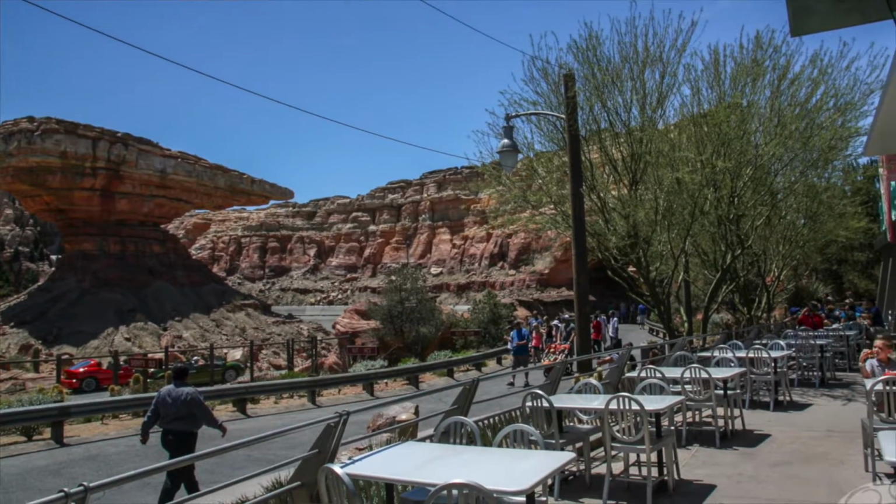Which means that all of those really charming counter service places that you either never get to eat at because they're so crowded, or you're just lucky to get any table you can, come late afternoon when a snack break is pretty much a requisite for getting that second wind, you can pretty much enjoy any counter service restaurant and sit anywhere you like. One of our favorite snack spots is the terrace seating at Flo's V8 Cafe in DCA's